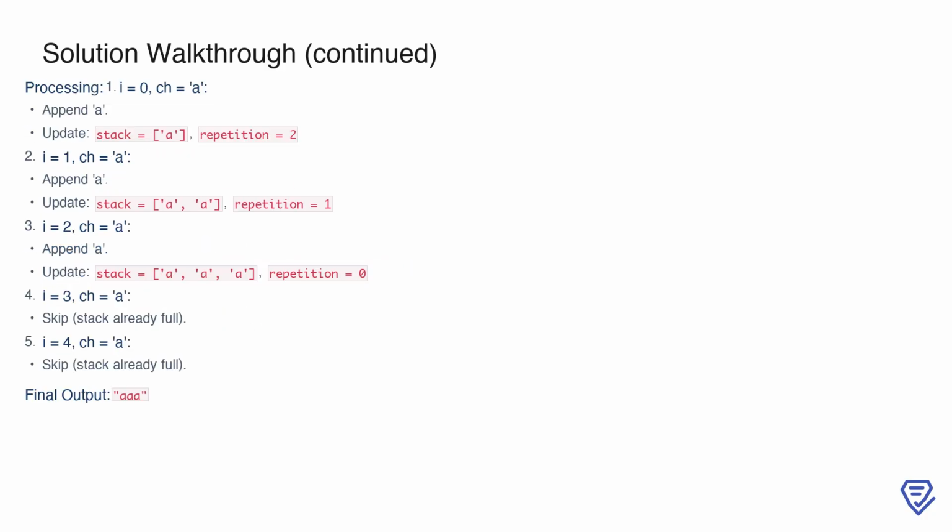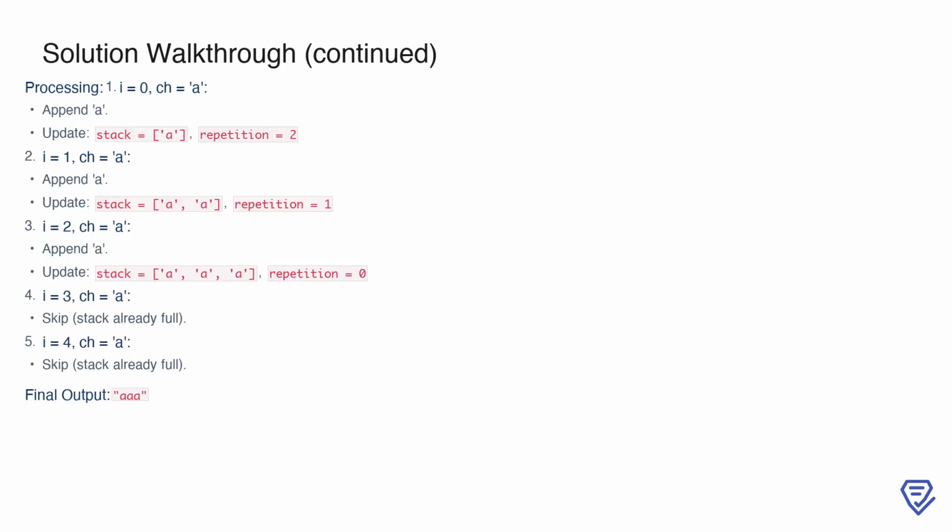At index 0, the character is a. Since the stack is empty, we append it to the stack and decrease the repetition count to 2. At index 1, the character is a again, so we append it to the stack and decrease the repetition count to 1. At index 2, the character is a again, and we append it to the stack, reducing the repetition count to 0. Now the stack is full with 3 elements, which matches the